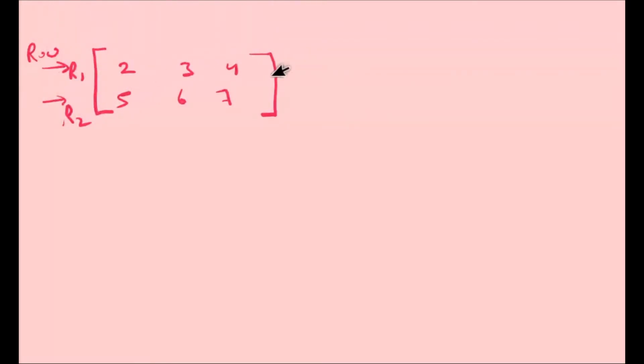And when we write the data this way, 2, 5, 3, 6, 4, 7, then we can say we are writing columns: column C1, column C2, and column C3. So this way we write C1, C2 and C3. So when we read this matrix, first we read the row. Column is self-understanding.